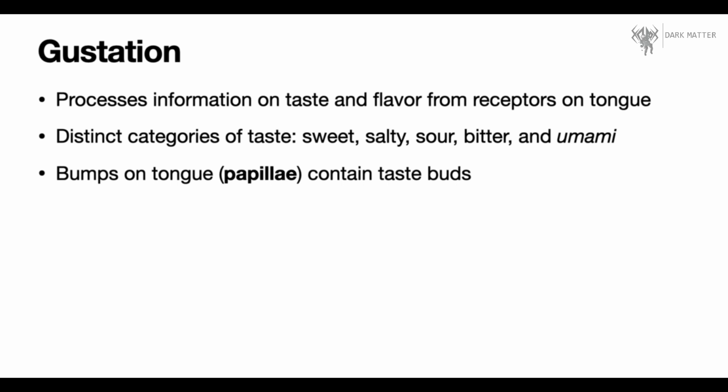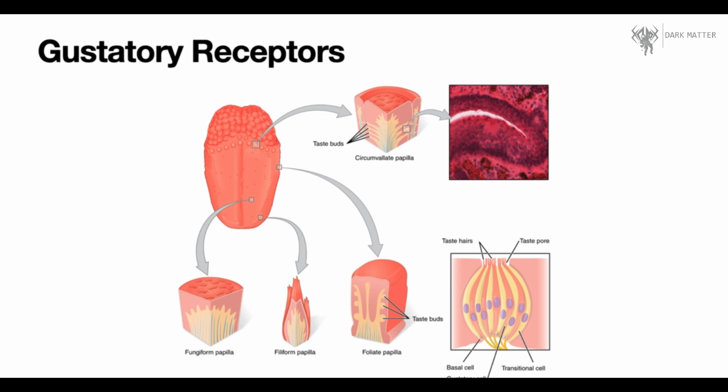Now these tastes are captured by the taste buds that are found within bumps on the tongue that are called papillae. There are 4 different types of papilla, and they are spread out across the different parts of the tongue. At the front of the tongue, there are filiform papilla. This is the only type of papilla that does not contain taste buds. On the middle surface of the tongue, there are fungiform papilla. On the sides of the tongue, there are foliate papilla, and at the back of the tongue, there are circumvallate